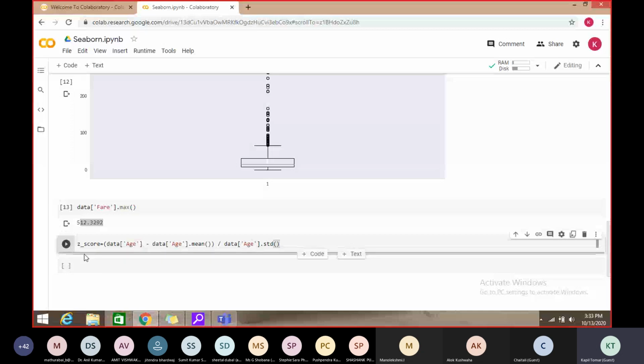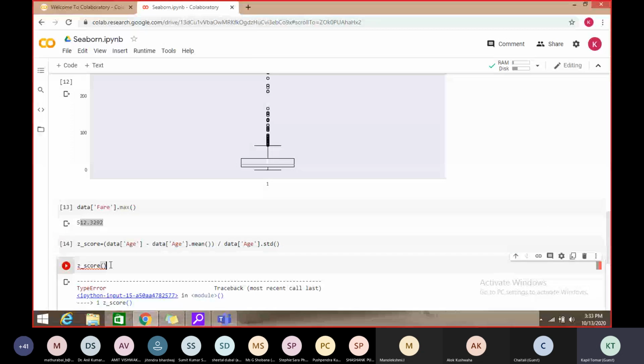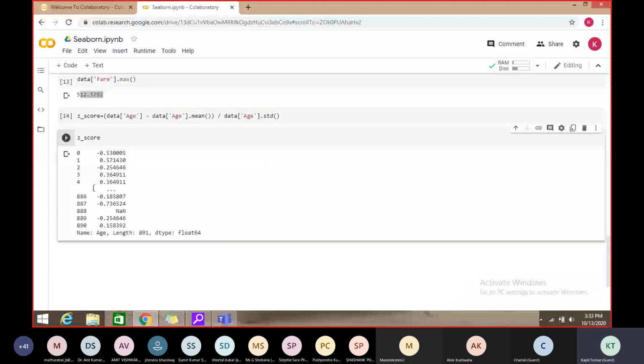Let us check one more time. Z score, the value stored in the age column, subtracted from the mean and divided by this. Yes. And if we want to print it, sorry, it is not a function. So the Z score of each and every value is calculated.